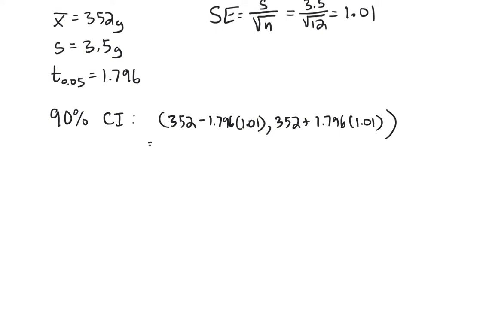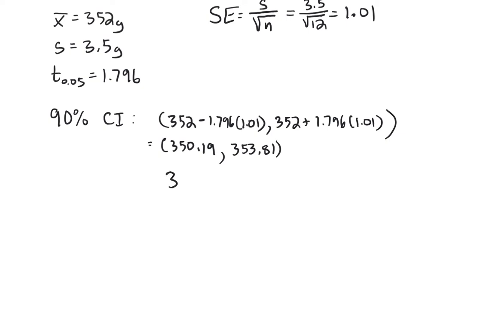And if I calculate that, I get 350.19, we'll say, and 353.81. So I know there's a 90% chance that the true population mean lies within 350.19 grams and 353.81 grams. And some other notation for this, you might see people use a plus minus, so they would say something along the lines of